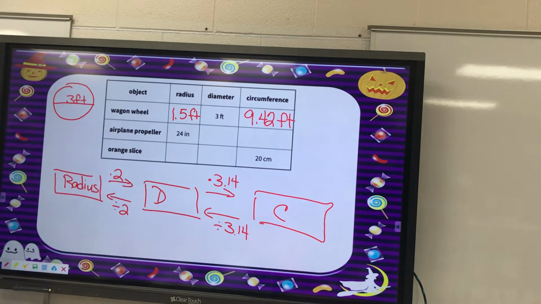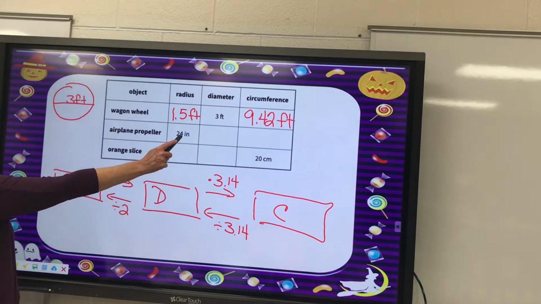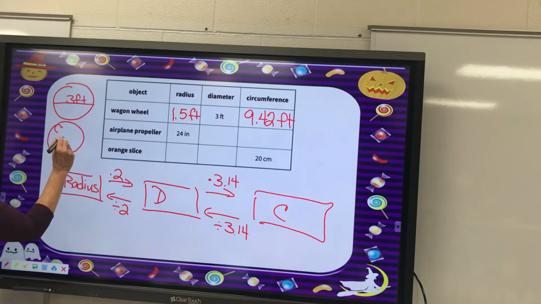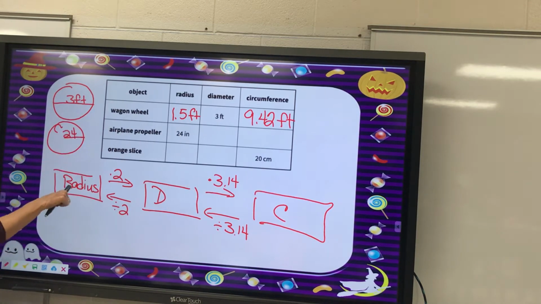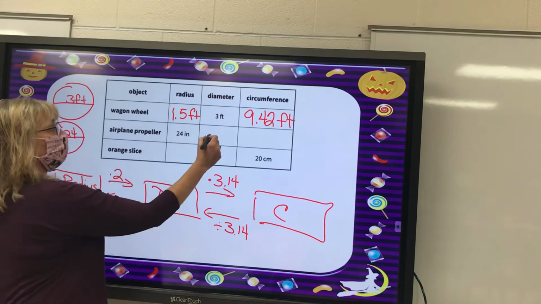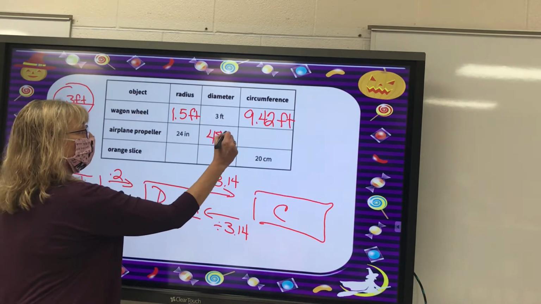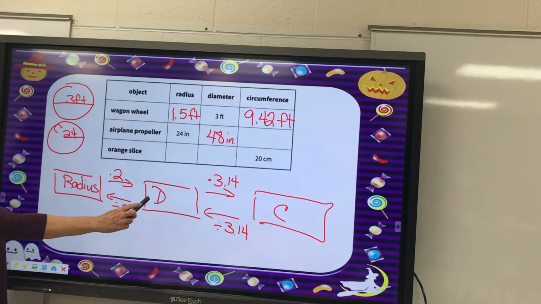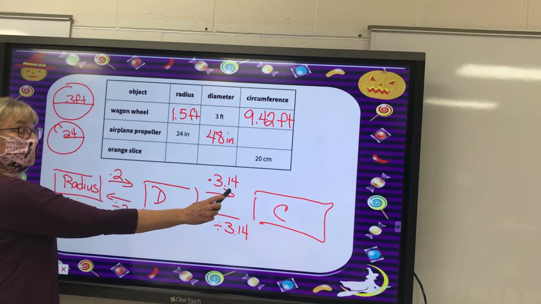All right, now we have the airplane propeller. We are told that the radius goes halfway, is 24. Well, we're right here. So how are we going to find the diameter? What are we going to do? Multiply by 2. That's going to be 48 feet. Nope, inches. Okay, now we're going to take the diameter and multiply it by